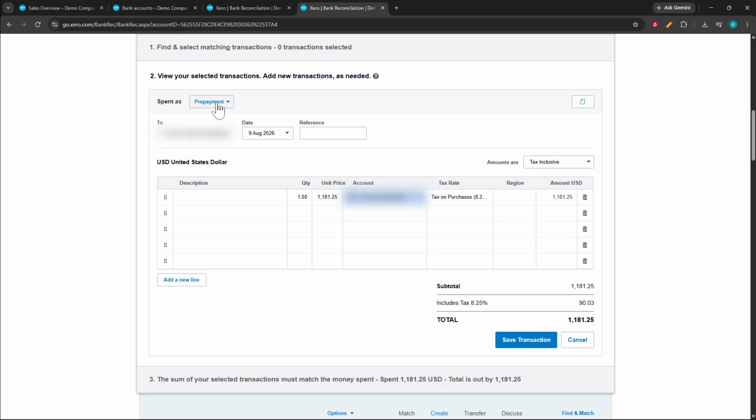In the From field, select the customer who made the prepayment. Make sure you choose the correct customer before moving on, since the prepayment needs to be attached to that customer record for later allocation. Next, enter or confirm the details shown on the prepayment, check the date, reference, description, amount,